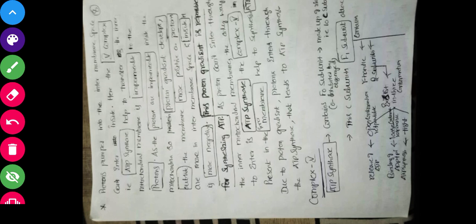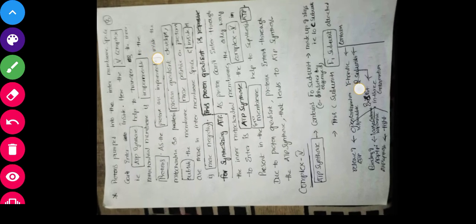Okay, when the protons are flowing through each subunit in complex 5, if they go through the beta subunit, it will undergo three conformations: open, loose, and tight. The open conformation helps to release ATP. The loose conformation helps to bind the phosphate group to the ADP, and finally the tight conformation helps to synthesize the ATP. Okay, right, this is all about